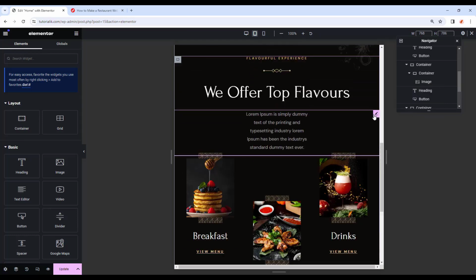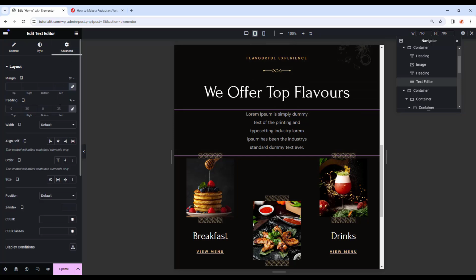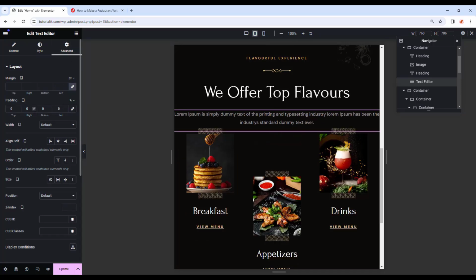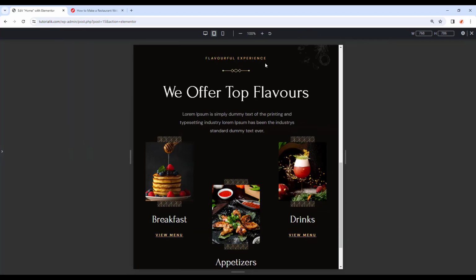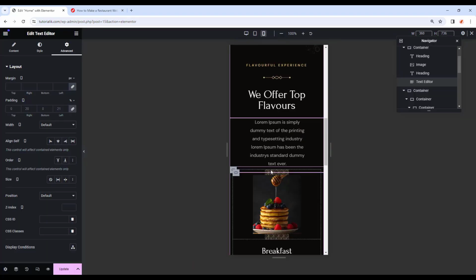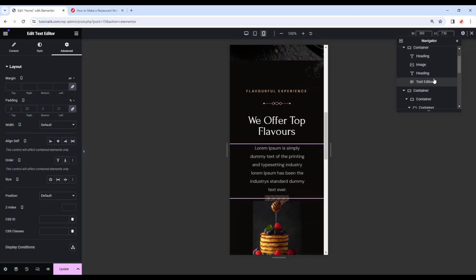And now finally select this paragraph, and from the advanced, let's decrease the padding percentage like 20 pixel and 20 pixel on the sides, and it's looking perfect. Amazing. Now let's check the mobile mode. In the mobile mode, let's select